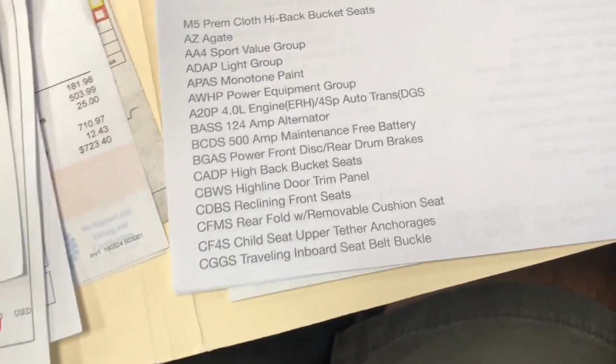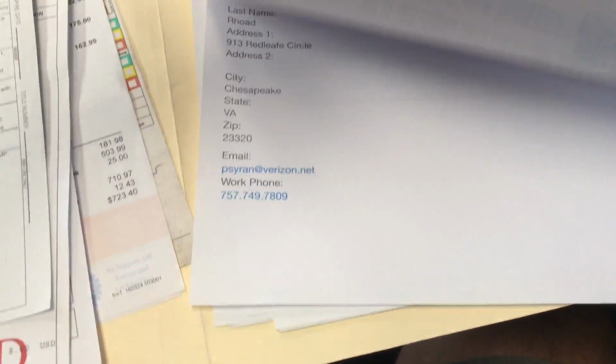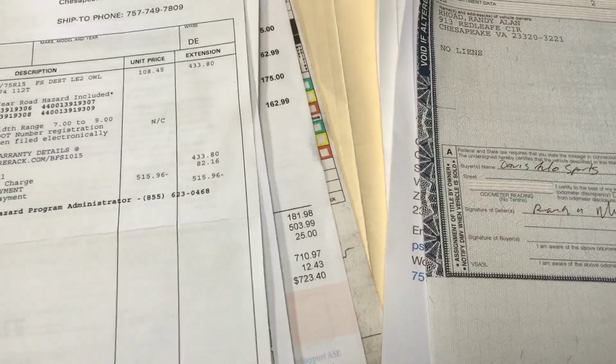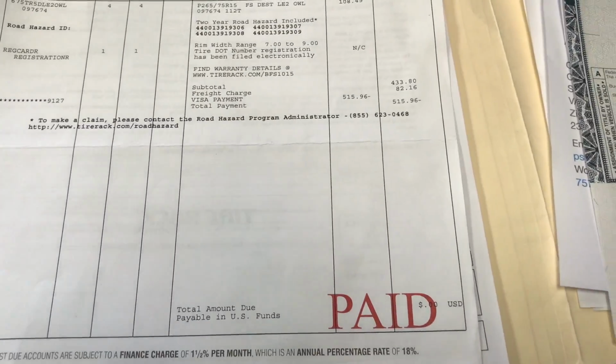He has other documents. He got a full build sheet from Chrysler on exactly what that particular Jeep, how it was built from the factory. So there you go. All documents, all invoices, all from the last 1,000 to 1,500 miles on this beautiful Jeep. If you guys have any questions,